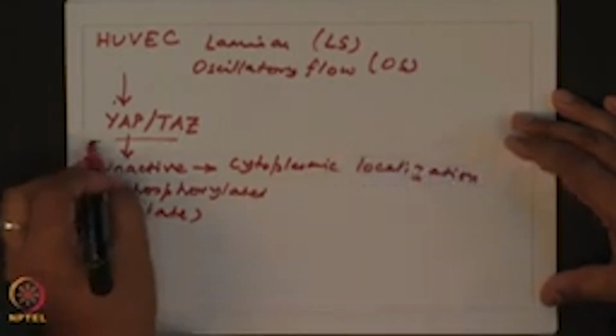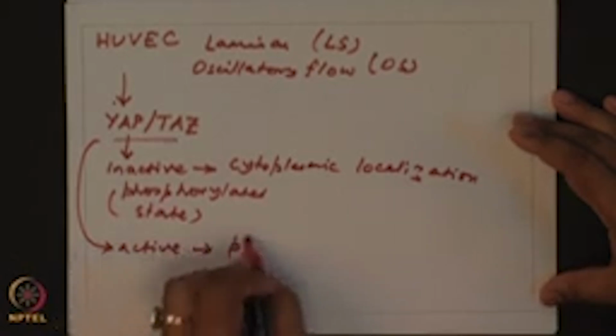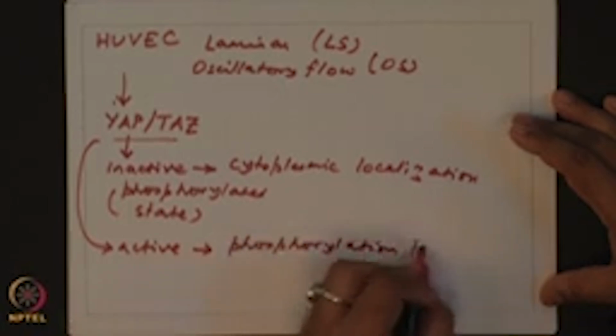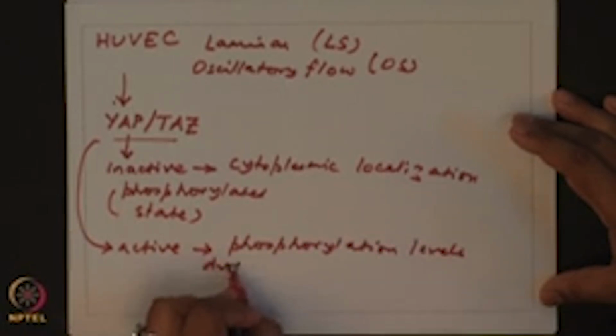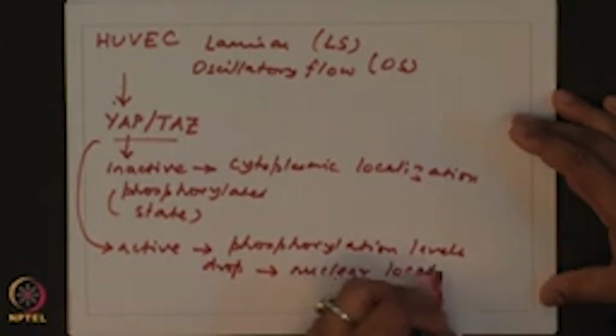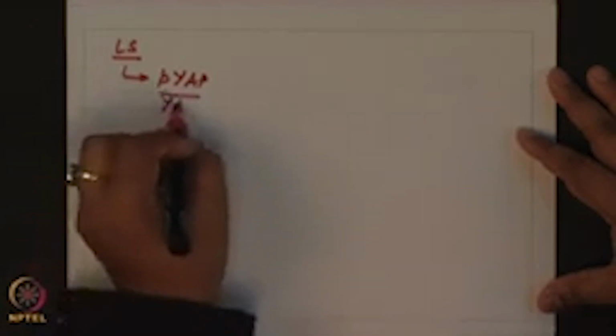But when it gets active, its phosphorylation levels drop, leading to a nuclear translocation, nuclear localization. So, when they did this experiment, what they found was under laminar shear stress, their phospho-YAP levels were constant. So, phospho-YAP to total YAP was constant,